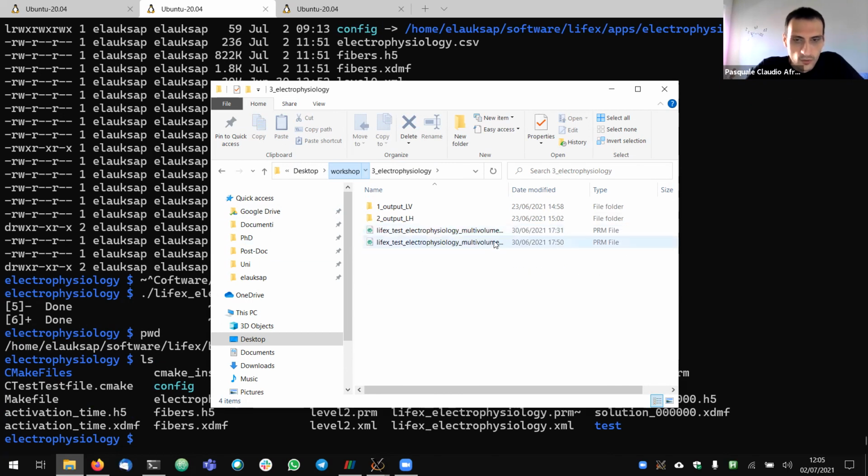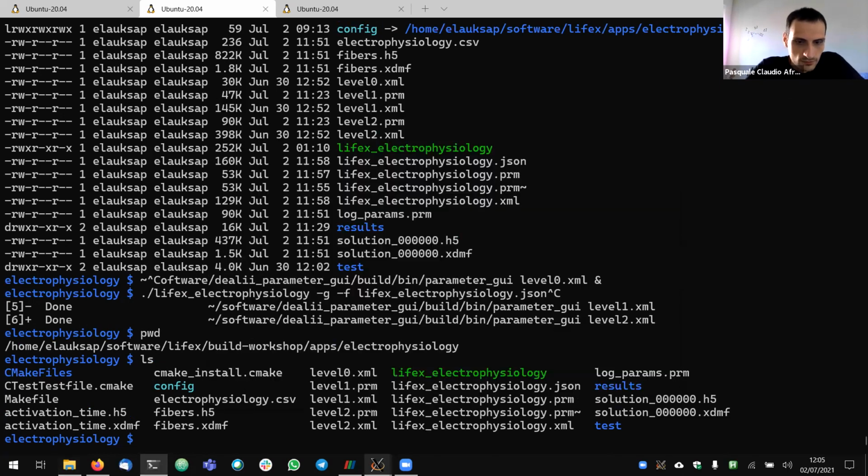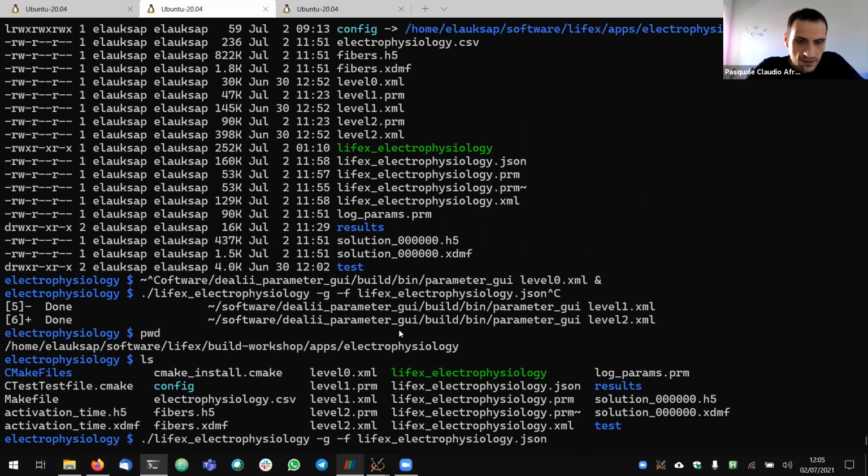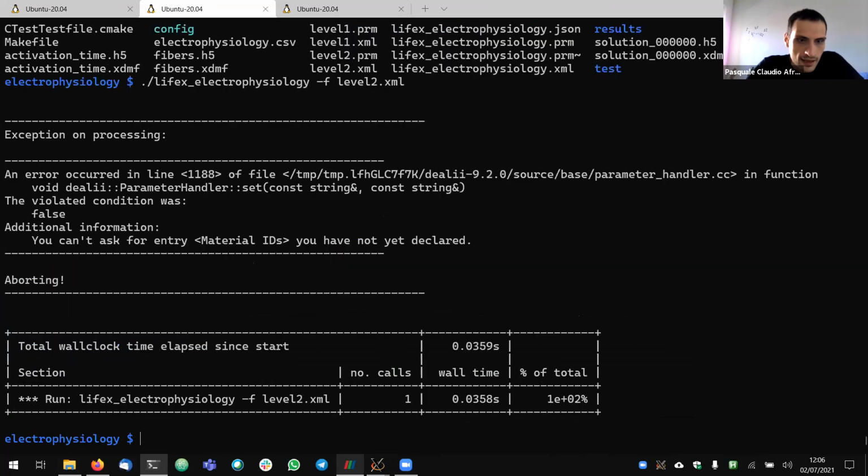No, okay, I have it in PRM format, but never mind. It doesn't matter. So with exactly the same syntax, we specify the parameter file that can be even an XML file. Of course, it is supported by these two and by LifeX indirectly. And now I forgot to set some parameters, but